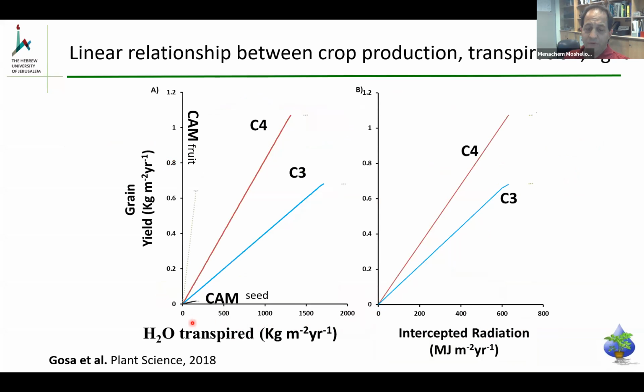And if you look on this graph, you can clearly see it. On the x-axis, you see the water transpired by a plant. And on the y, you can see the grain yield. And you see clearly that it's a linear correlation. So if you can measure accurately how much water the plant transpired, you will get pretty good estimation of the